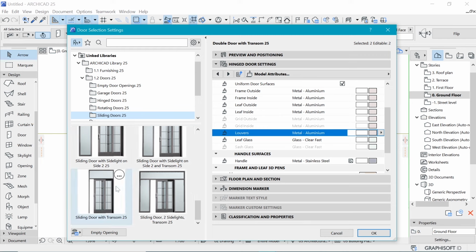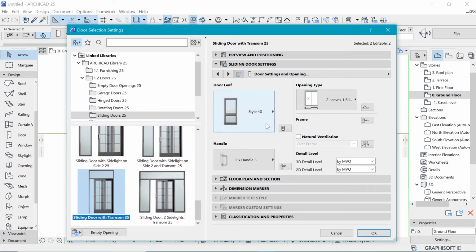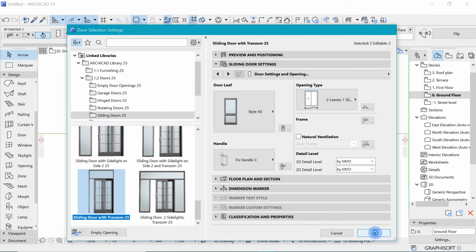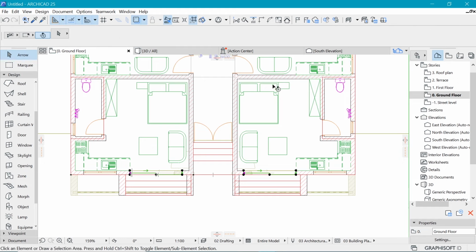So Control Alt click, and then it means that we will keep everything that we have in the settings. The only thing that's going to change is that it's going to be a sliding door. Okay, and that's really awesome. So we conserve some space. So we just have one door here where you can slide back